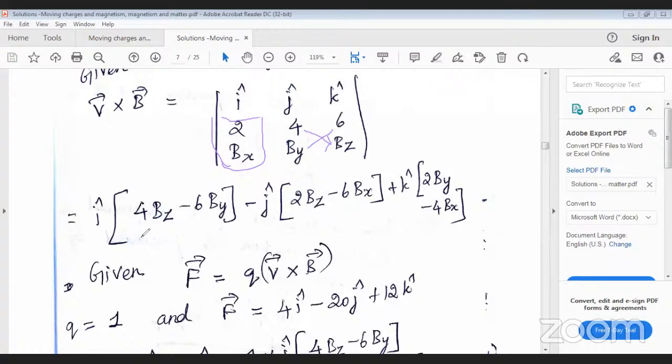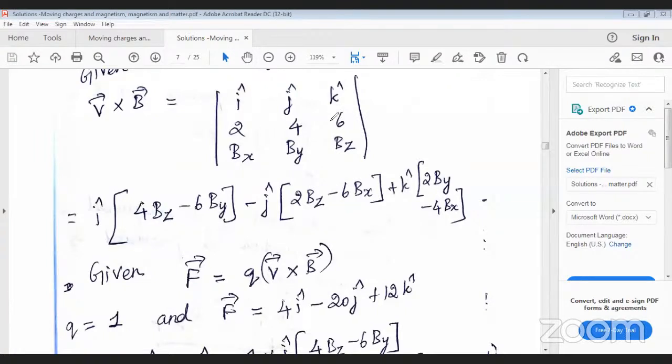So this is 4bz minus 6by, and minus j cap. Minus j cap means what you have to do. You have to hide the column containing j and hide the row containing j as well. Okay. So in that case, you will be getting 2 into bz minus 6 into bx. Okay. I hope you all can understand this. If you have any doubt, you can ask me. So plus k cap into,